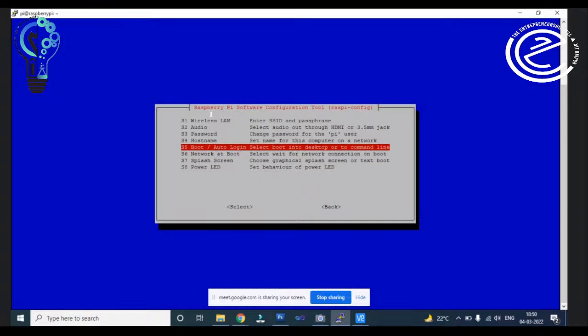If you choose command line, then it will open a black screen and you can work on the command prompt. But if you choose auto login, select boot into desktop, then it will open a desktop interface which you already saw on the monitor, right? Then we have power LED and everything.